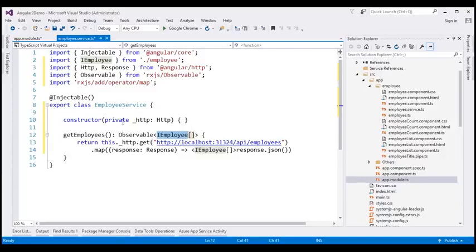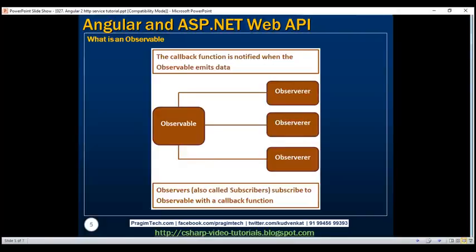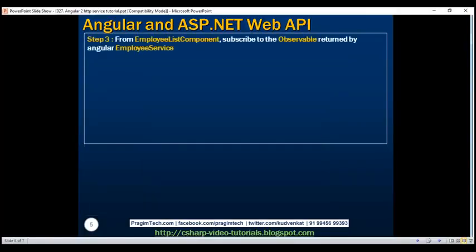When we are subscribing from our employee list component, we are going to specify a callback function, and whenever the observable returns iEmployee objects, the employee list component is going to consume that, and we have a callback function there which is going to handle the data returned by this observable. So our next step naturally is to subscribe to the observable returned by our employee service